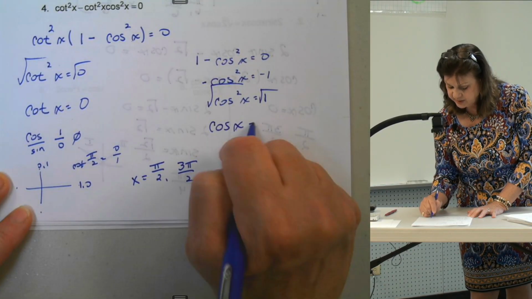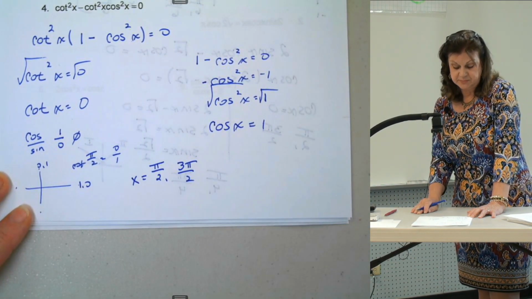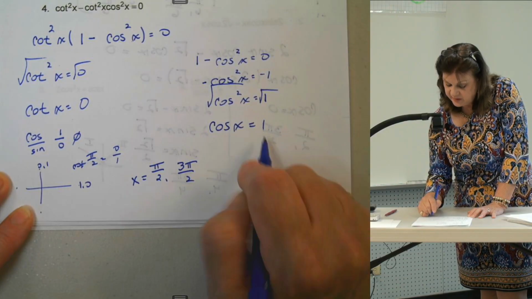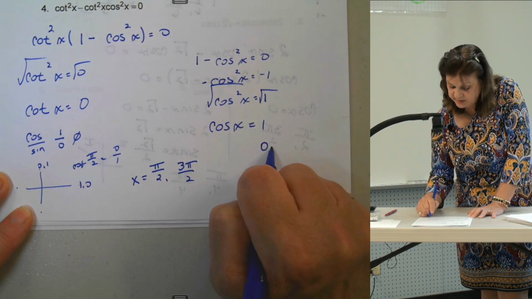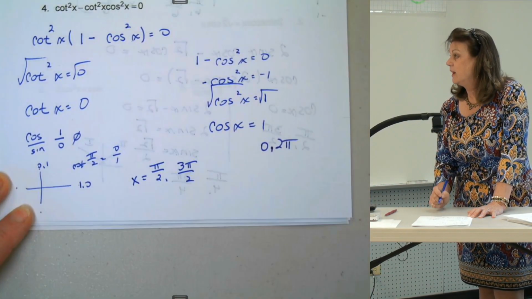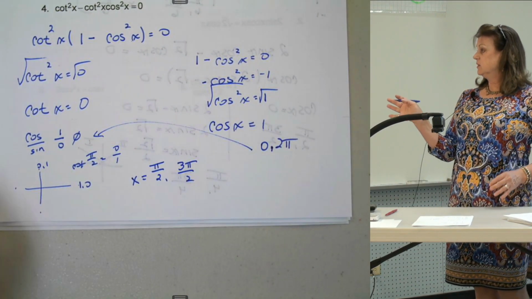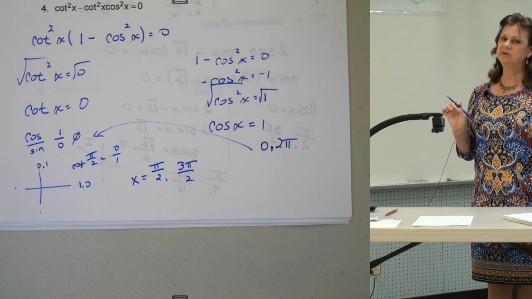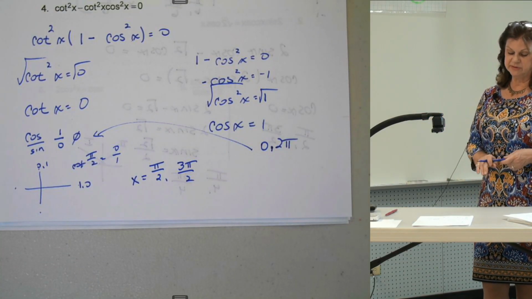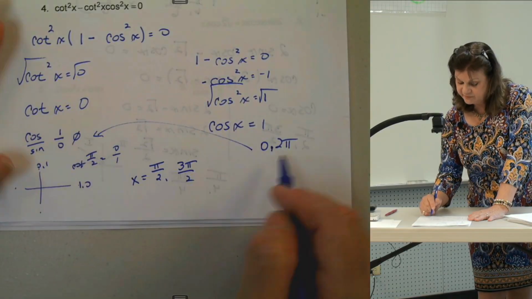What angle has the cosine of 1? Well, as we just said, that happens at 0 and it happens at 2 pi. However, this other side of the equation says, no, no, no, you can't use 0 as an answer because you blow up our denominator there. So none of our answers here,